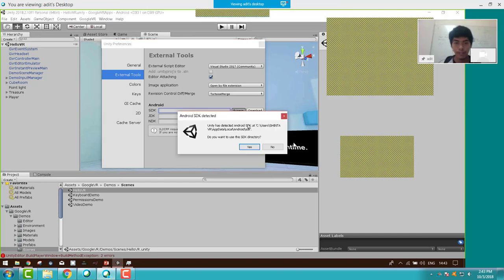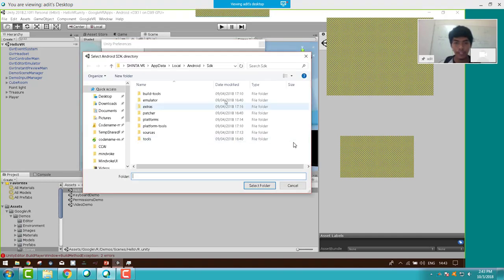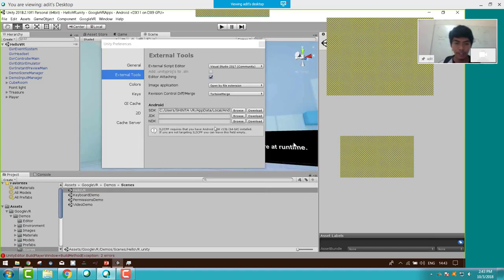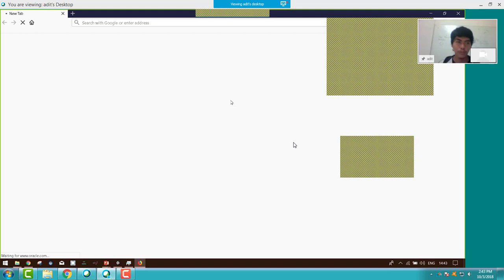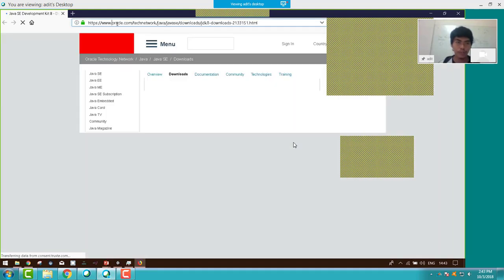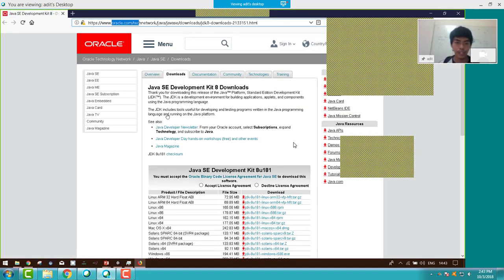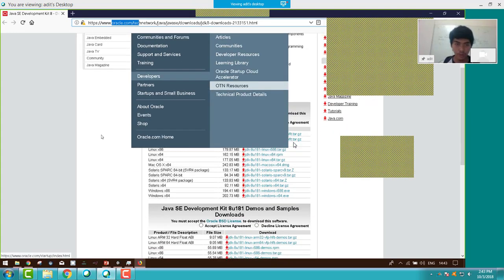Since I already have the Android SDK, the directory is something like this. So I already installed my SDK, and its directory is in AppData, Local, Android, SDK, and I can just select the folder, and the JDK is the same, just like that. If you don't have any, you can press the Download button, and when you press it, you will get redirected to oracle.com, and you can just scroll